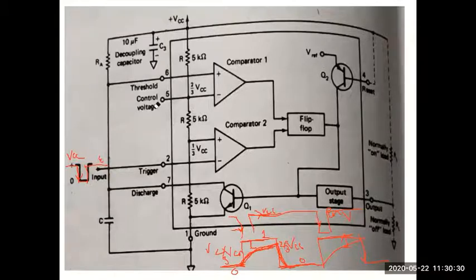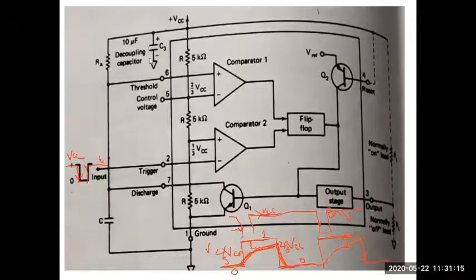So this makes use of, just remember this, in a monostable multivibrator, you have an external resistor RA, one end connected to VCC, the other end connected to pin 6, pin 7 and a capacitor. The other end of the capacitor is shorted to ground. So this is the external connection, and this C3 what you see is a capacitor which we call decoupling, that is basically used for protecting the device from power supply surges.